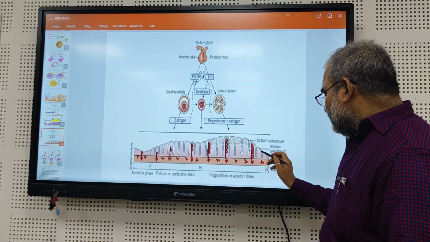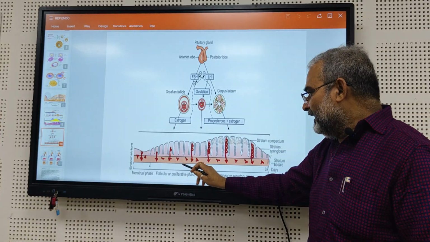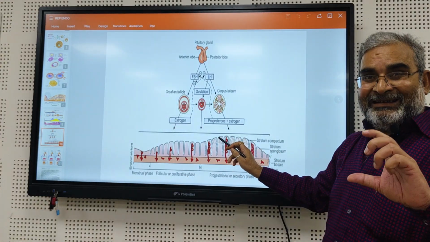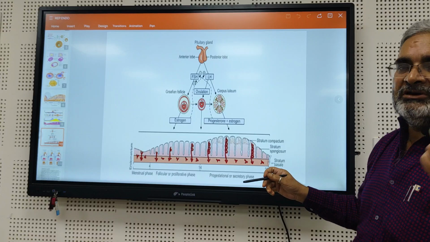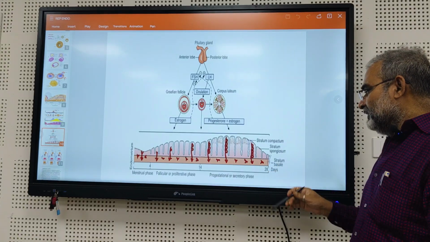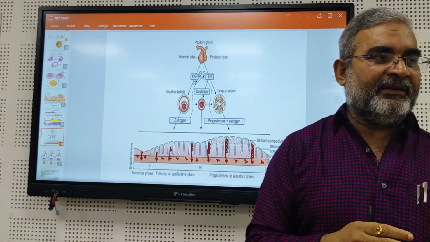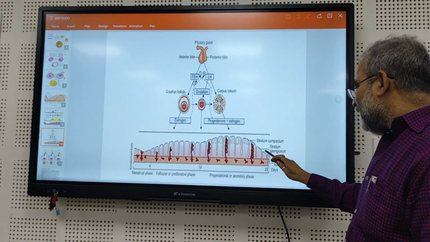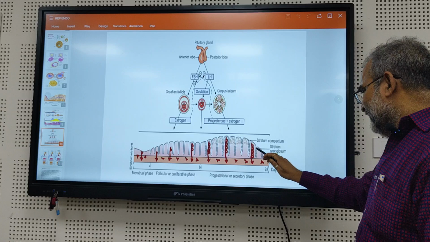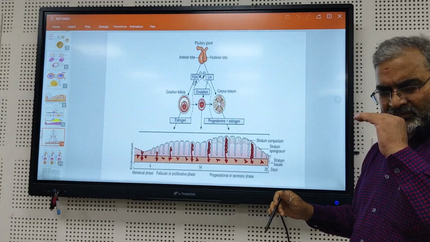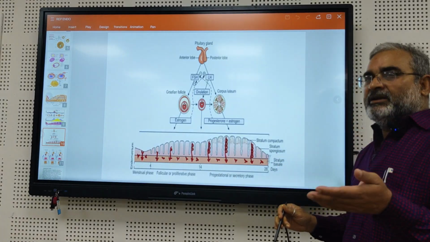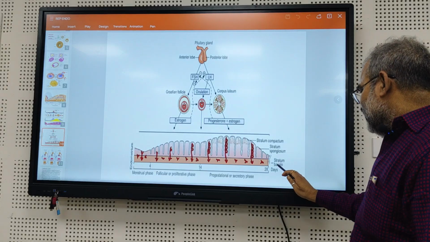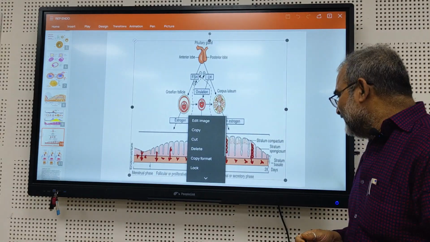And now here, if we consider the structure, मतलब histological structure of the uterus, हम बोले थे कि it is divided into the perimetrium, myometrium and endometrium. Now the endometrium layer is divided into the stratum basale. Stratum basale